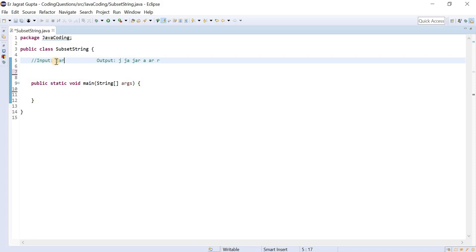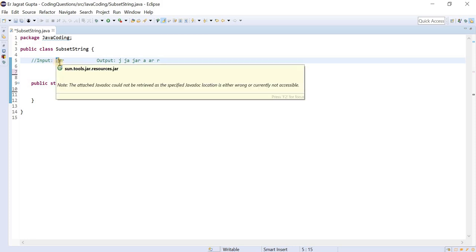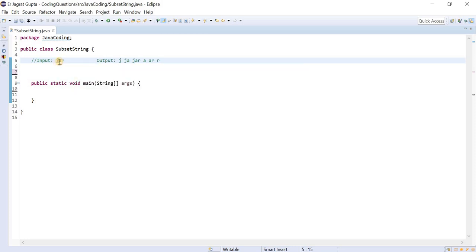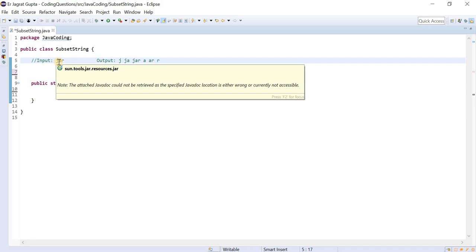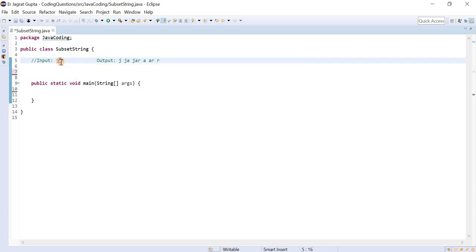Just see this input as well as output very carefully. We will fix i, meaning let us suppose we fix j, this first character, and then we have another variable like j. We will apply the loop for a and r. In the first iteration we would apply it like this, and in the second iteration i would be here, and then we will apply the for loop like this.